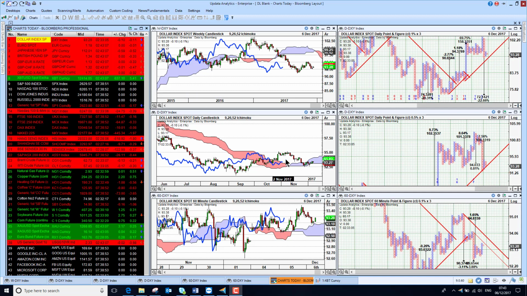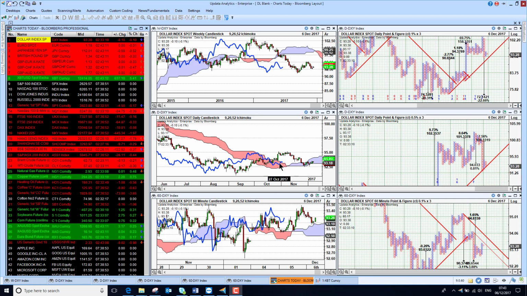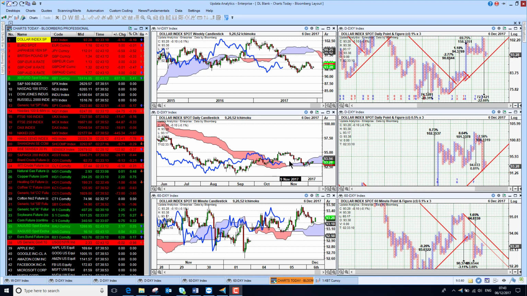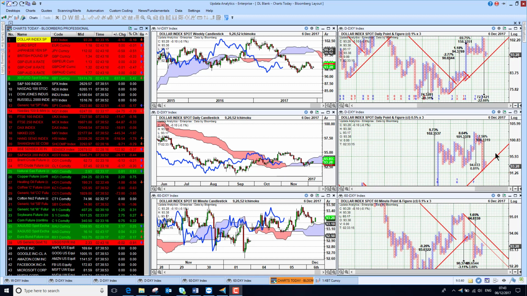And we start by looking at the dollar, as always. The dollar is just starting to stage a little bit of a recovery. We talked about this on the cloud, the lagging line just coming through now. We'd like to see a few days, of course, for the lagging line to be through. We do still have downside targets hanging over us, but finding quite strong support here on the point and figure